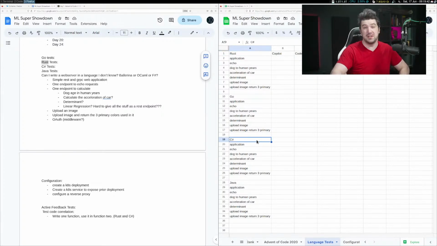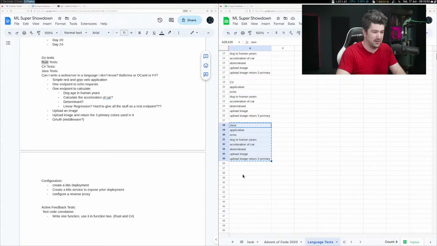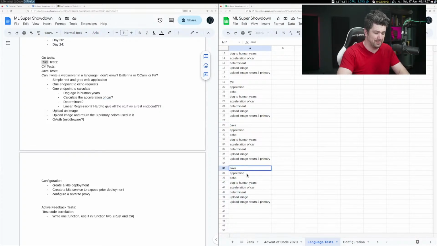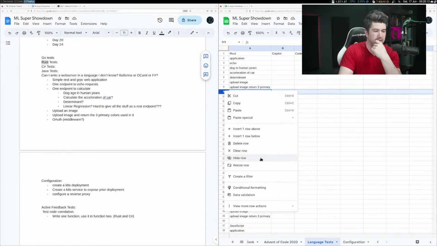C Sharp covers the .NET community. Java covers the massive Java community. Maybe we just add JavaScript. You know what? Maybe I just make this a 2-day thing and life sucks next week. Maybe that's what we do. I feel like we got to go through and